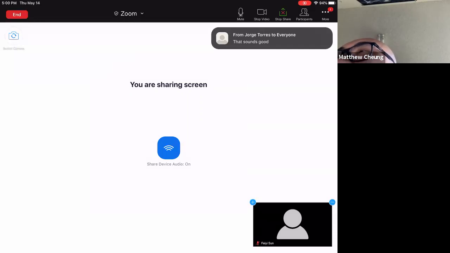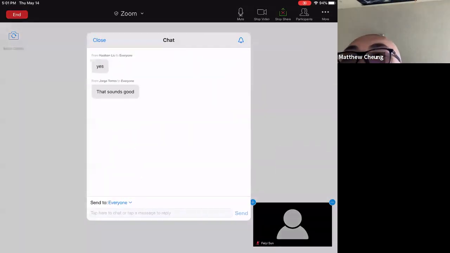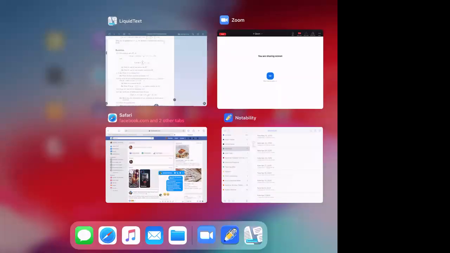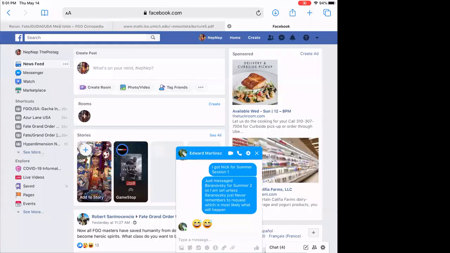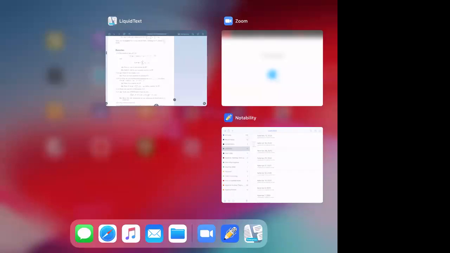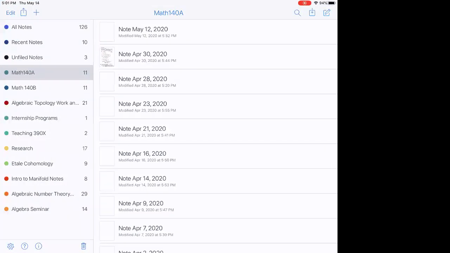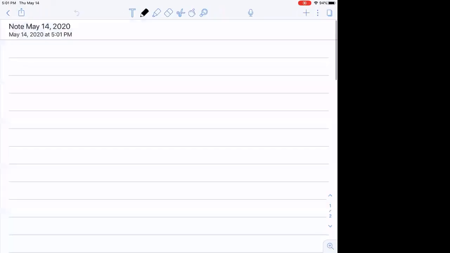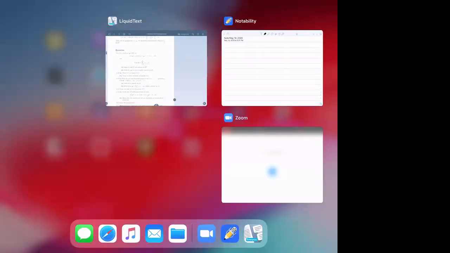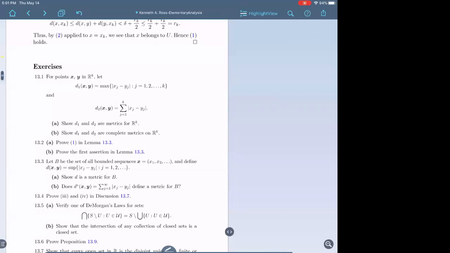Okay, so let's get started. Sorry, let me get rid of this. Okay, so let's start with the homework question. So this is one of the reasons why I don't like the book. So if you do 13.1 part B, the answer is sort of immediate if you read Lemma 13.3 word for word.